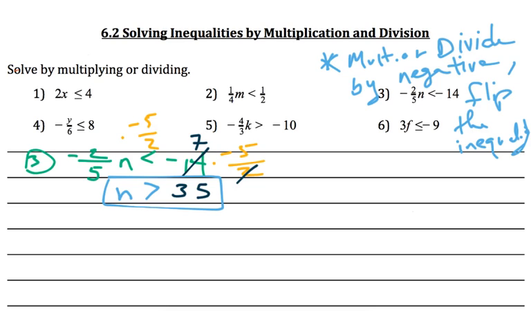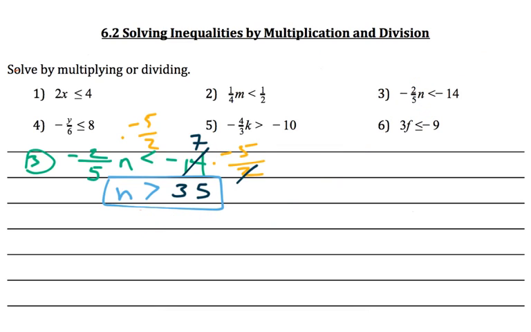So like let's think of a number to try here. Well, I don't want to have to take 2/5 of some number, so I'm going to use 0. Well, 0 is not greater than 35, so the logic that I'm using is going to tell me that 0 should not work in this. So when I plug 0 into this equation, I get 0 is less than -14. That is not true, so that agrees with what I thought I'd find out,